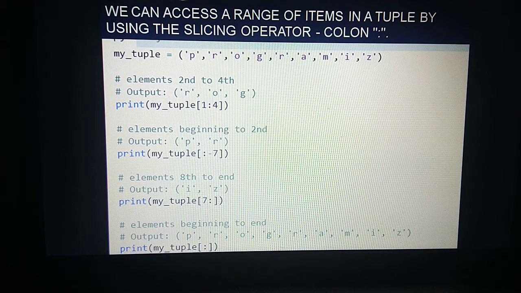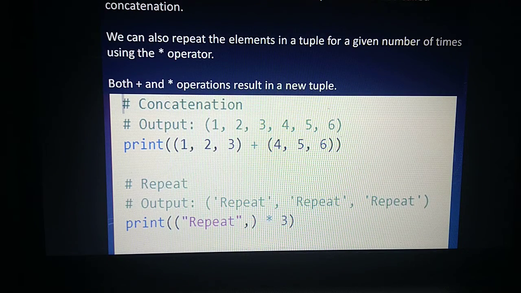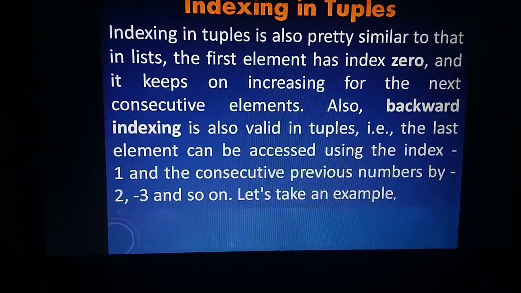Now here a few examples are there, that is tuple slicing, and I think you are very much familiar. So without wasting time, we will see another portion. We can join tuples with the help of the plus operator, and we can repeat the tuple with the help of the multiplication sign. Here in the example, we can join two tuples with the help of plus, and we can repeat the tuple by writing the name of the tuple into 3, so it will repeat it.